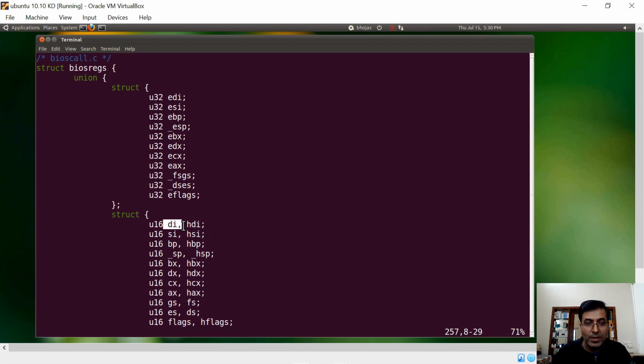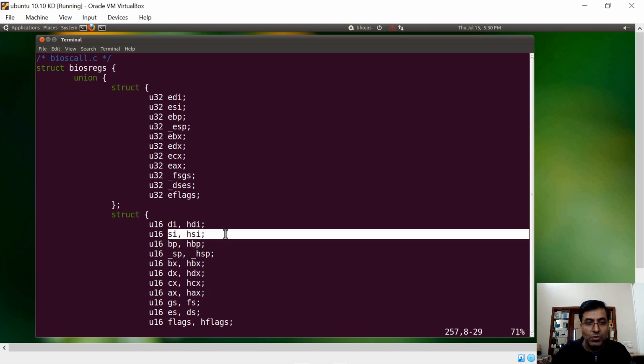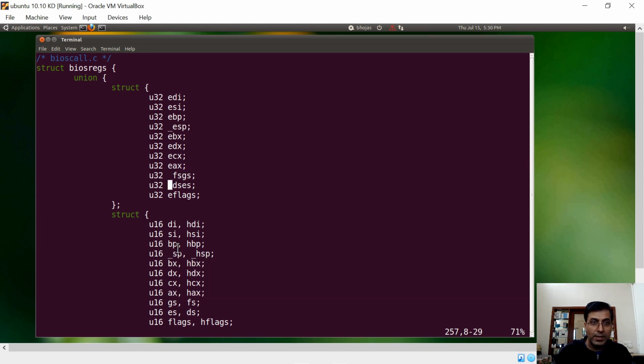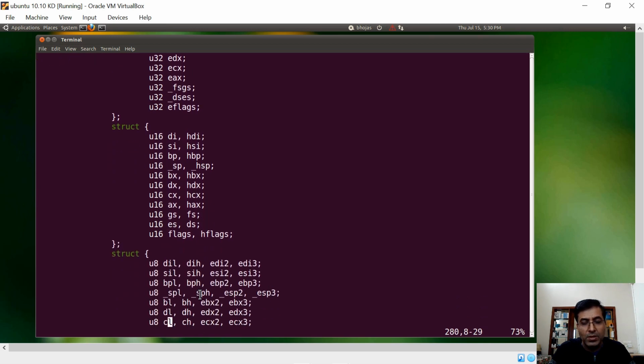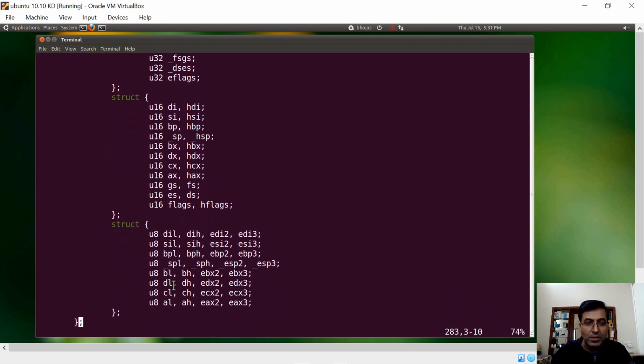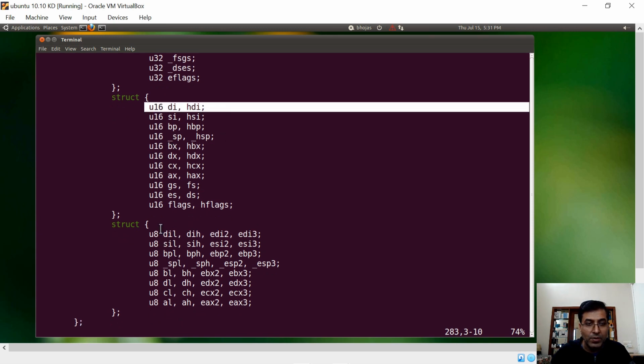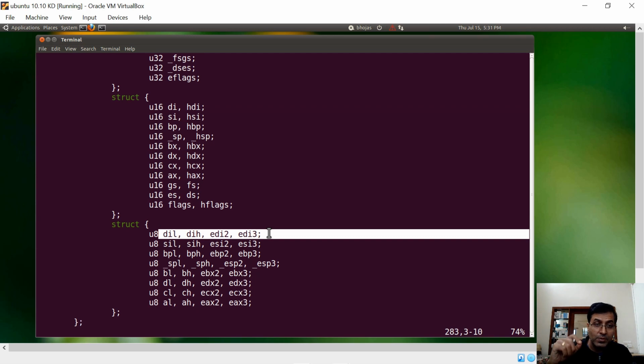Okay, so this is 2 bytes and 2 bytes for the destination register, EDI. This is the source register, and then you think about AX, and this is your AX register. So this is like 2 bytes. If you go further down in the sequence, you will see that we can still break it into smaller bytes. So each of these registers, which is 4 byte, became 2 byte, and now you have 1 byte, because you want to address each one of them in your programming.